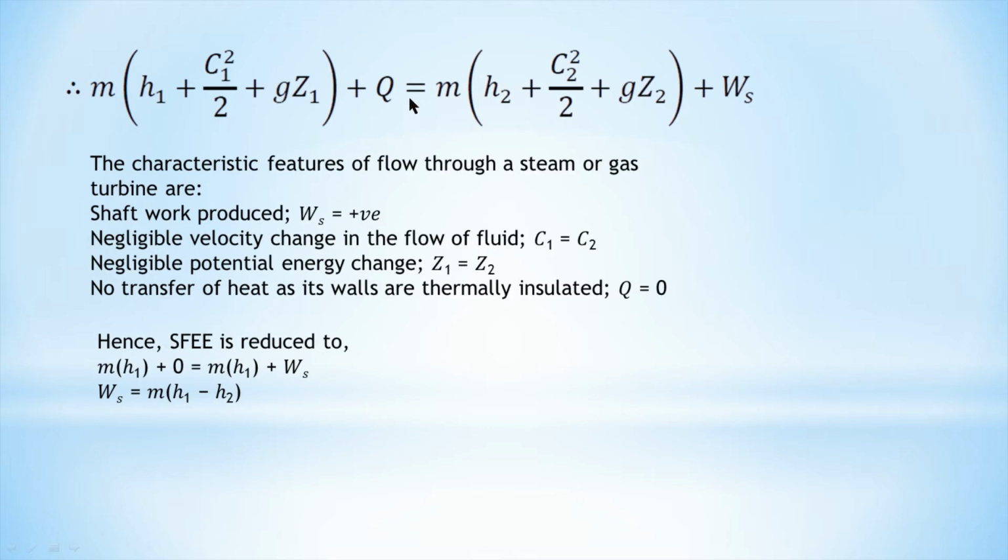In the case of a turbine, its walls are insulated, so here we neglect the heat transfer, meaning we consider heat transfer to be 0, and a turbine is an output device, meaning it will produce the output. So the simplified form of the steady flow energy equation is m into h1 plus 0, because the walls are insulated, so here we consider Q equal to 0, equals m into h2 plus work done. Further we simplify this equation, so work done equals m into (h1 minus h2). Apparently work is done at the expense of enthalpy.